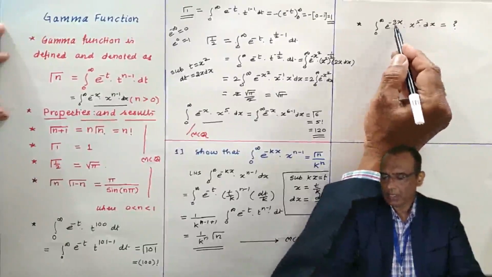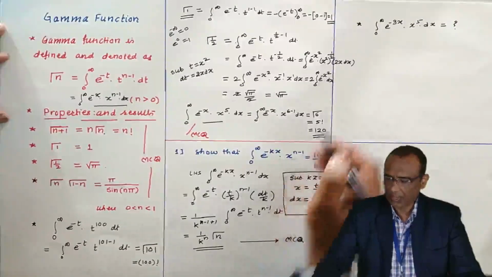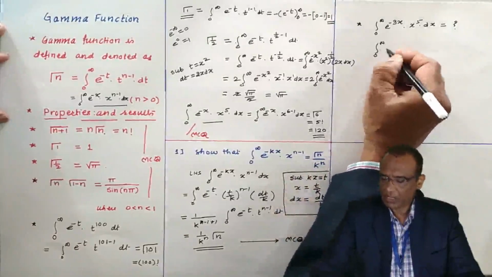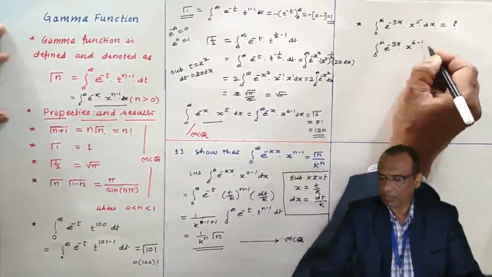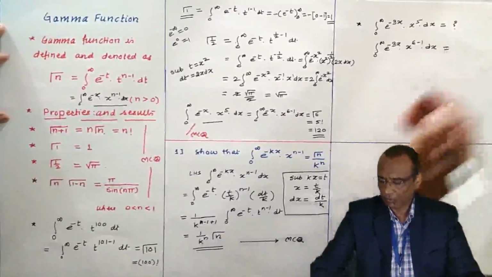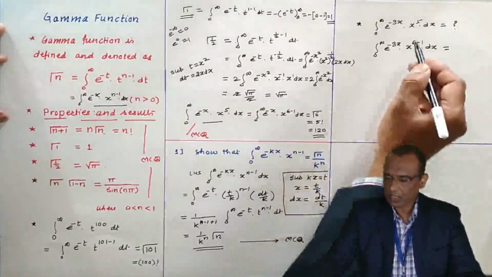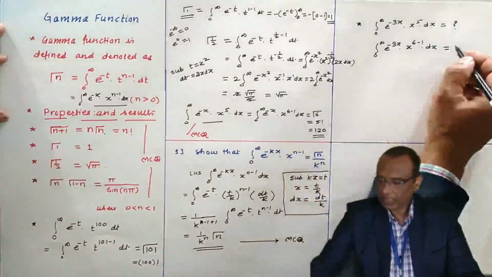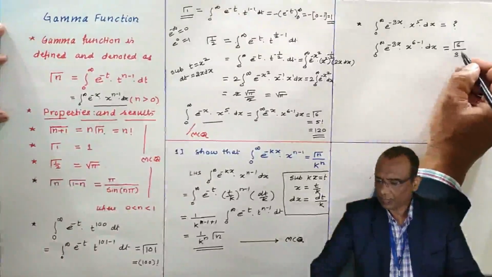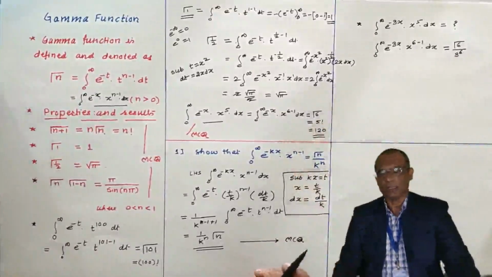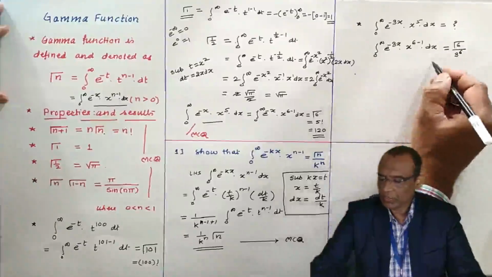Then for e power minus kx, x to the power 5, its integral from 0 to infinity can be written in this way: e power minus 3x, and x power 5 is 6 minus 1. Now if I use this formula, e power minus kx and x power n minus 1, here n is 6 and k is 3, so it can be directly written as gamma n by k to the power n, where k is 3. In this way we solve this integral. The 3 and 5 may be replaced by any other fixed constant in the examination. This may be asked as an MCQ.